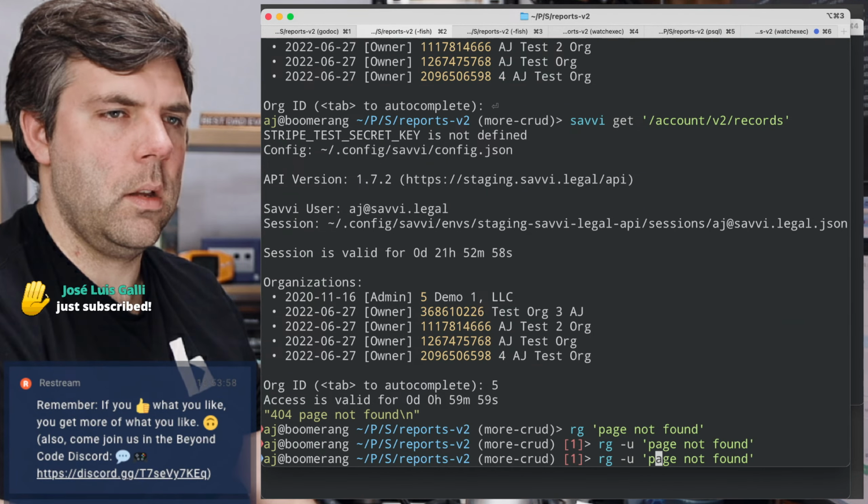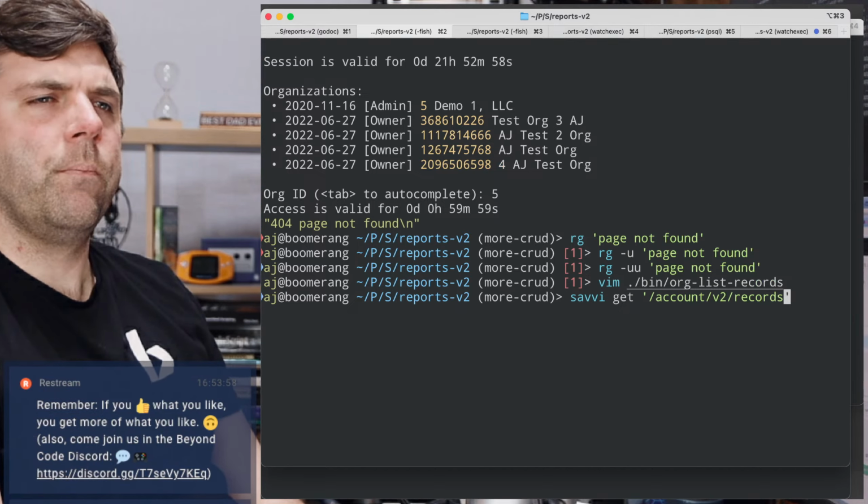Org list records, right? It's orgs records, API org records, right? So if I run account v2 records, that should get remapped to API org records. Let's see.